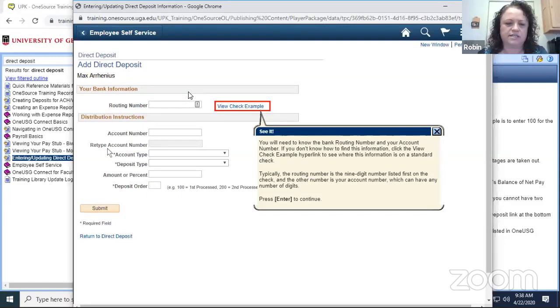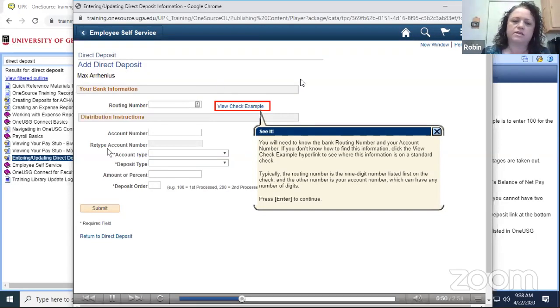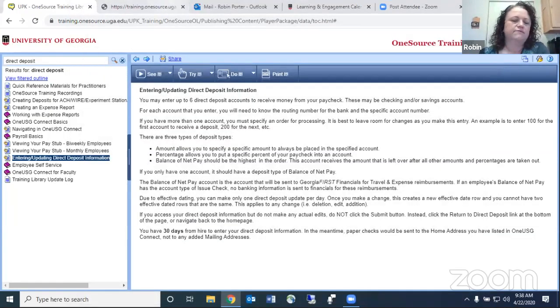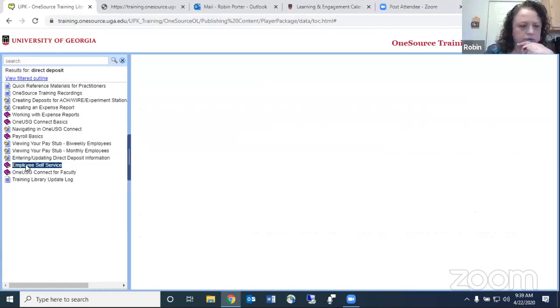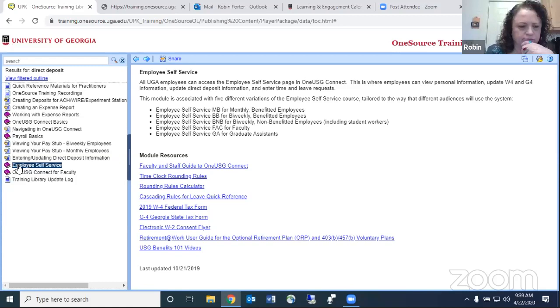But as you can see, it's going to take you through each step. So if just reading the steps didn't make it clear enough, they can always watch that. And then for anything payroll related, if you go under employee self-serve,